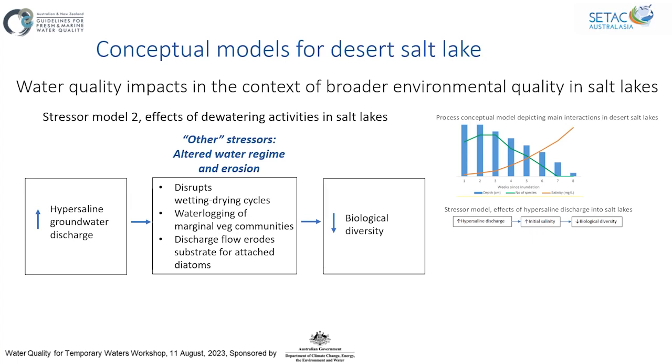I guess it's useful. So I guess this points out that it's useful to compile all of your stressor models. So the water quality and the other models, because in these systems in particular, mining does cease, and there are some reasonable examples that some of these systems can recover. But